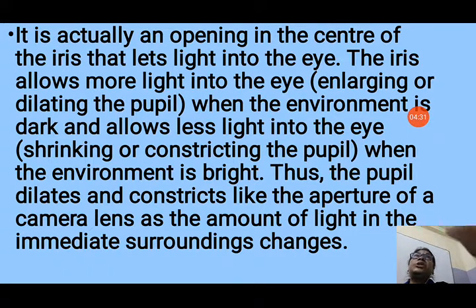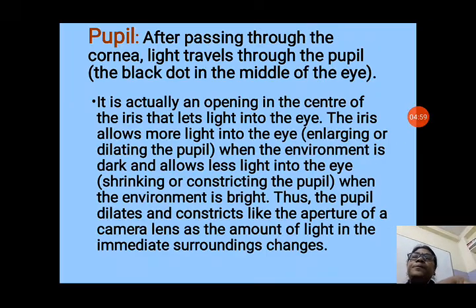Our pupil enlarges in size. When we are going into very bright light, then it becomes smaller in size. So, whenever you are coming from very bright light into a dark room, you cannot see anything, because at that time your pupil becomes very small, and after a few seconds your pupil returns to the normal size so that you can see in the dark room. So, like this it becomes bigger and smaller in size.